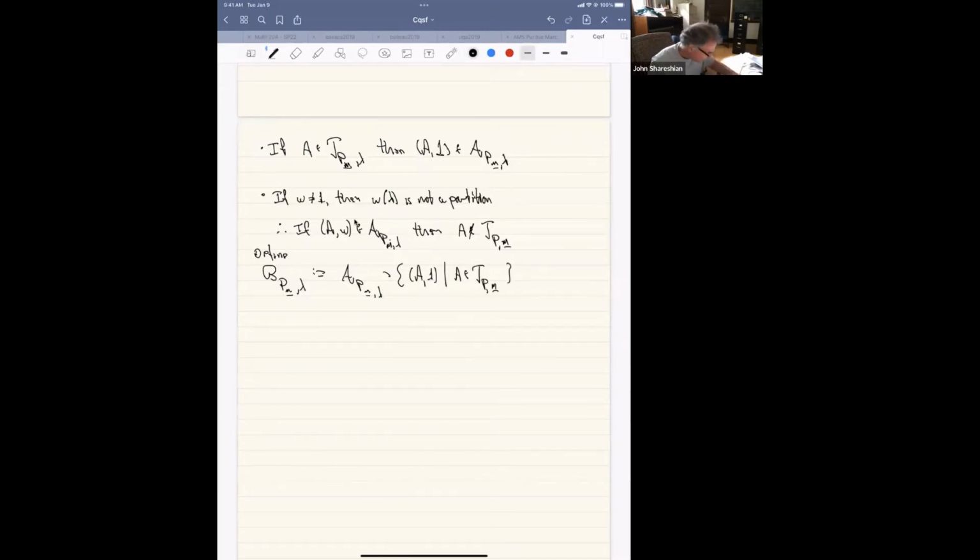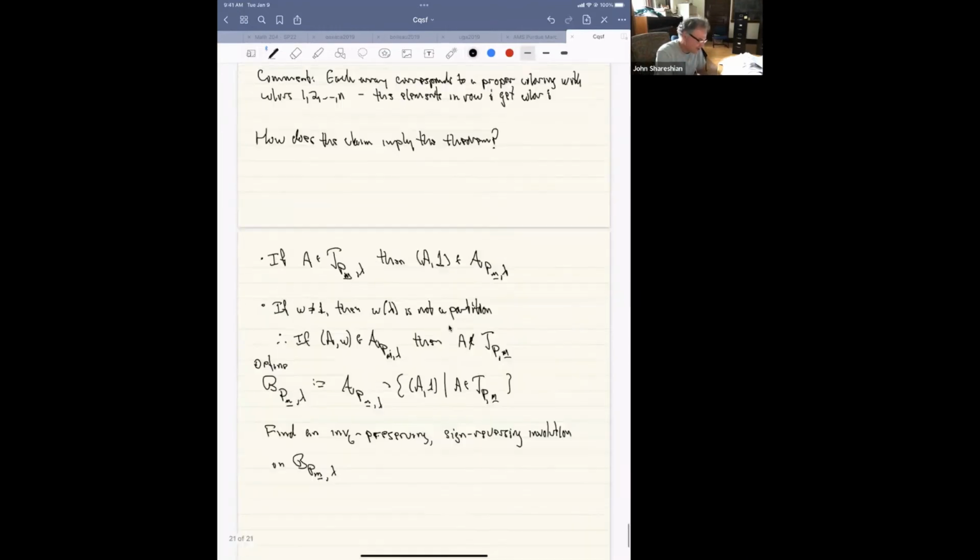Okay, and so find an EG-preserving, sign-reversing involution on this set of non-tableau, right? If we can do this, we're done. Because then, right,